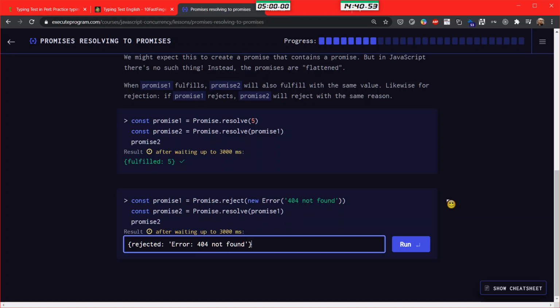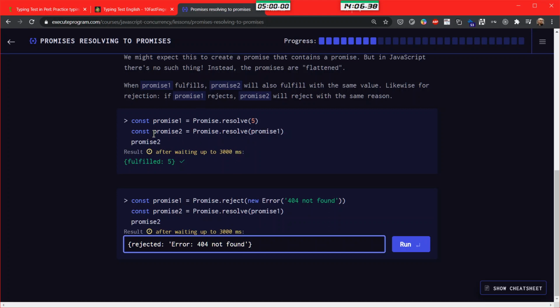Okay, so I'm doing it mechanically a little bit now. So go back in here. Here I have a promise 1, which is resolved. So promise 1 is resolved, I believe, and then promise 2 is Promise.resolve, and I put in promise 1.